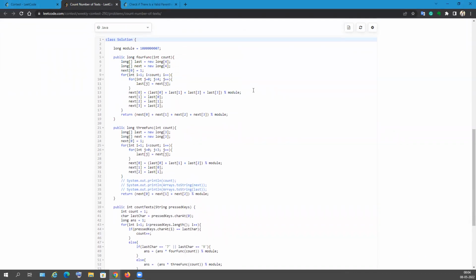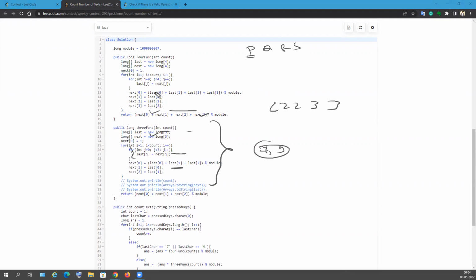One important thing here, in the 3 function and 4 function, that's already explained. To calculate the next zero, at the last, like last zero, last one, last two, last three. This is the case, for example, if you have PQRS, right? And if your next is P, you can add all the previous PQRS, but to create Q, you have to modify your last P. So that's what I'm doing here. Modify the last Q, modify the last R, right? And in the end, just return all the sum and modulo. So this is the thing